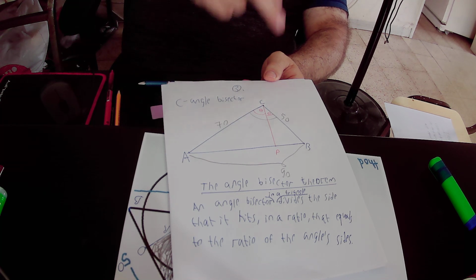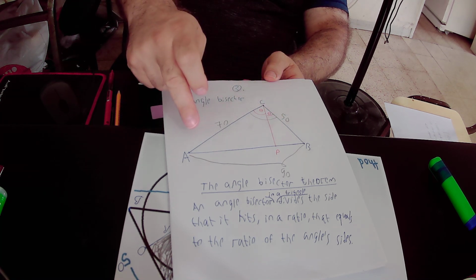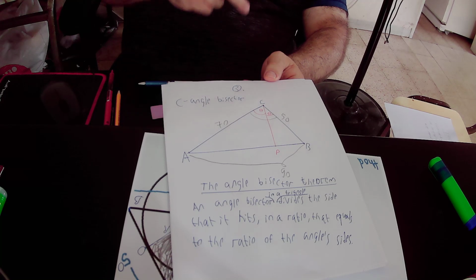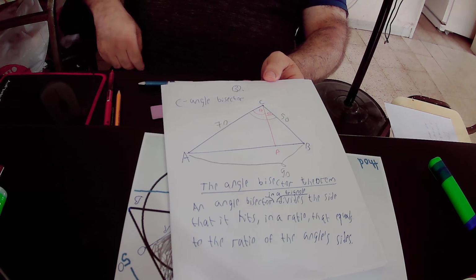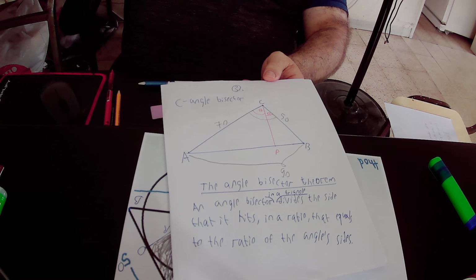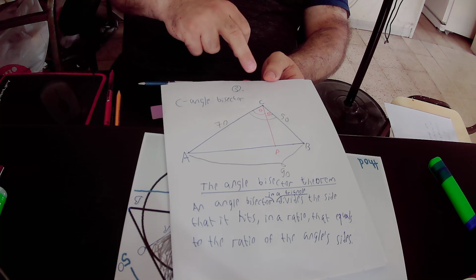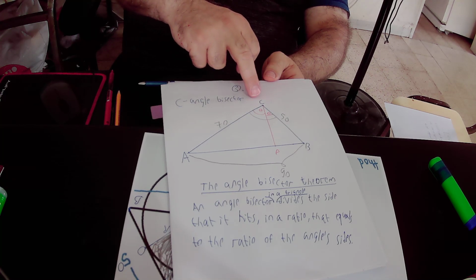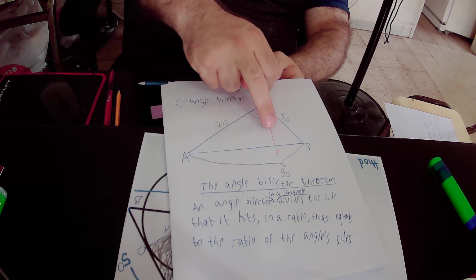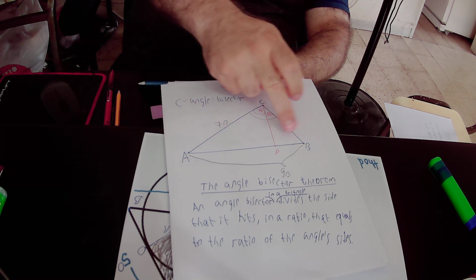So CP is angle bisector in triangle ABC, and the theorem statement is that an angle bisector in a triangle divides the side that it hits. The angle bisector CP hits side AB,